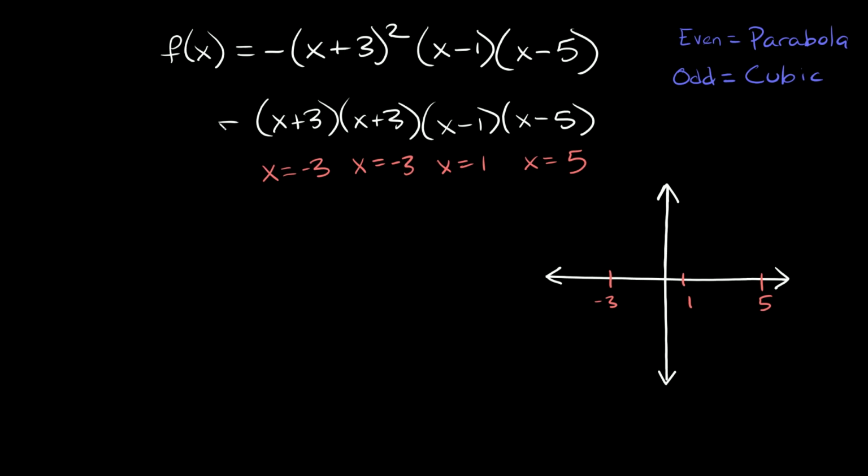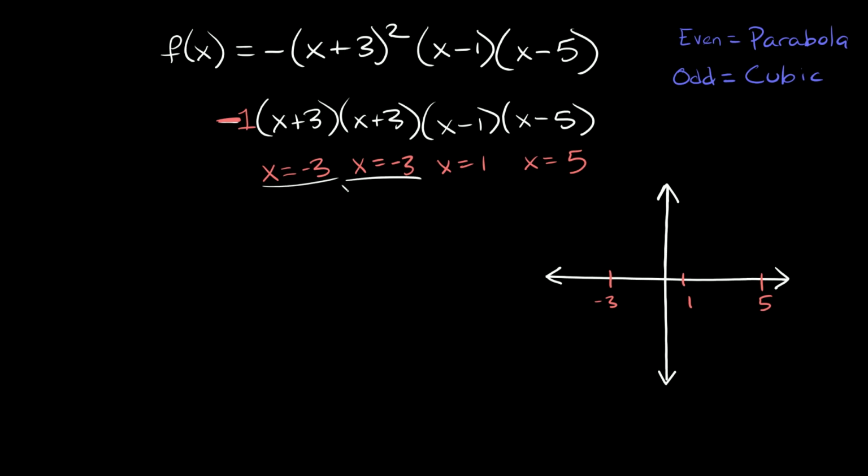Okay, the other thing we can see here is we have a negative leading coefficient, right? Basically a -1 out here. So that means our parabola-ish graph is going to be facing down in this case, right? And the last thing I want to point out here is, as you saw, we have 2 of the exact